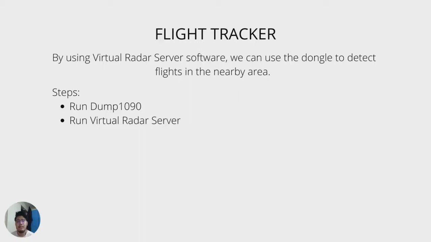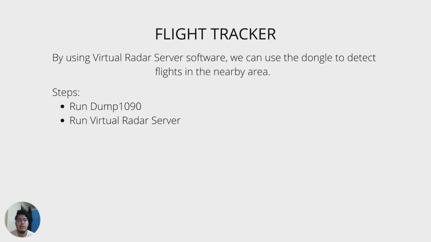And then the Virtual Radar Server, which is a free software enabling us to detect the nearby flights. First of all, we run Dump1090, and then we run the Virtual Radar Server. Dump1090 will open a command window that will show the signals that have been decoded from nearby